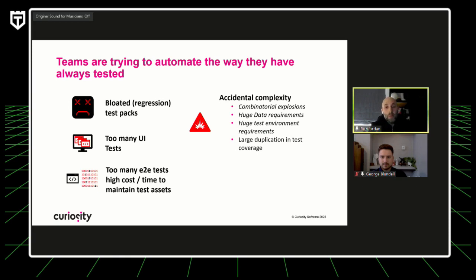Because that level of explosion is just going to carry on growing as I add more features to my change process. Coupled with that, we've got huge data requirements. I need to string together lots of environments, and therefore I need lots of data to satisfy where that data sits, on top of all that combinatorial explosion. But I've also got that large test environment requirement. So not only have I got this massive accidental complexity, but it's extremely slow and expensive to stand up all this infrastructure, basically because of the approach I've chosen for the way that I'm going to test.